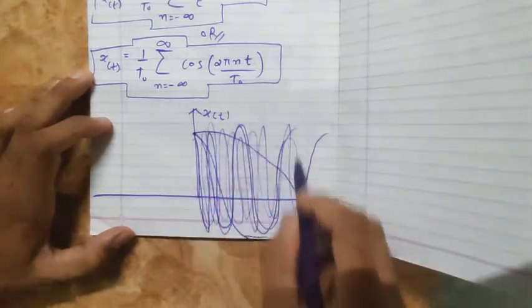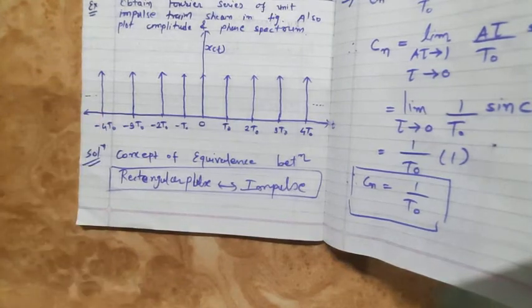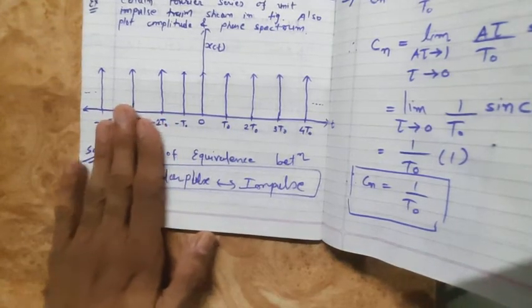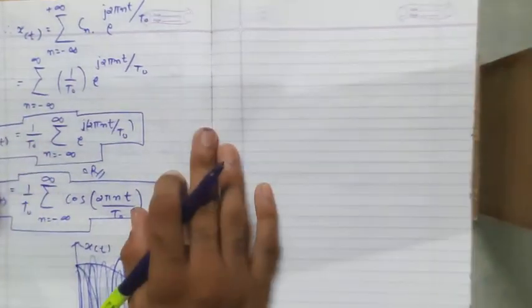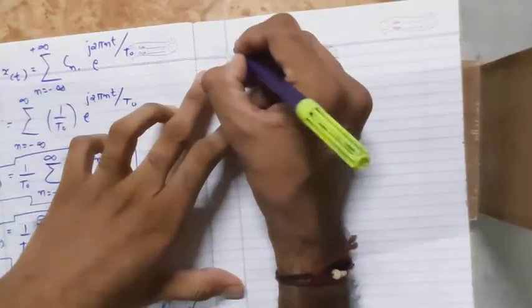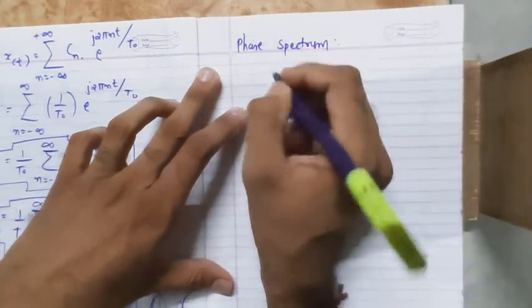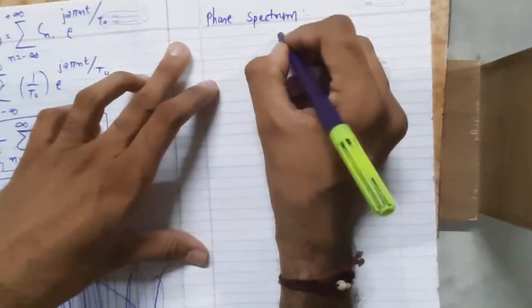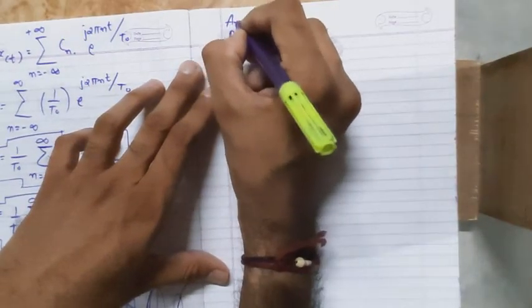Same magnitude and increase the frequency. The same is true for the left side also. And add all those cosine waves, you will get this kind of wave. That is interesting, isn't it? So we will first plot the phase spectrum and the amplitude spectrum. Then we will check this in the Desmos app, so you will get the idea. So what is the phase spectrum? Let me plot a phase spectrum here. First let me plot the amplitude spectrum.